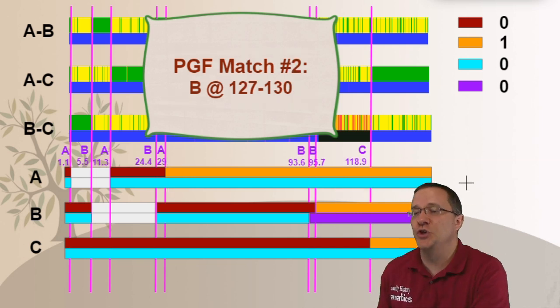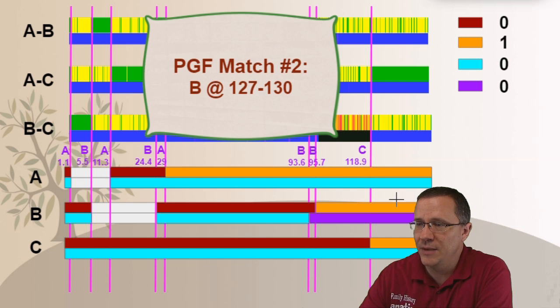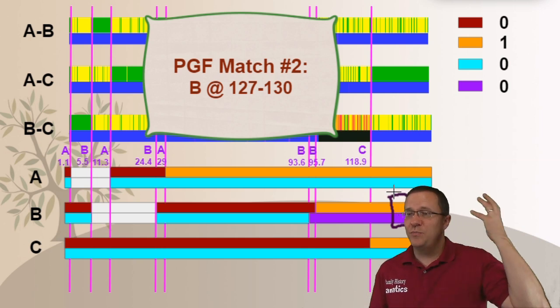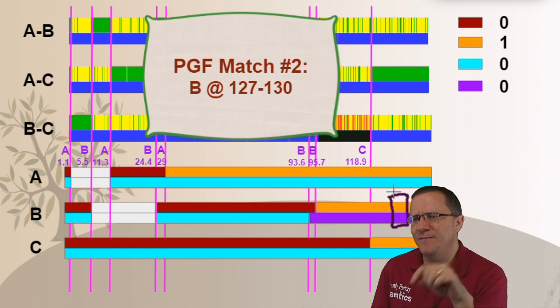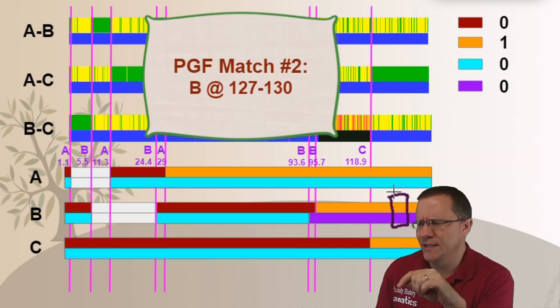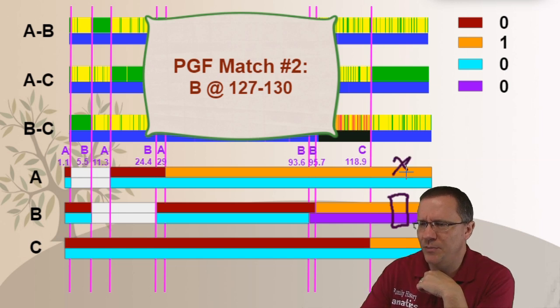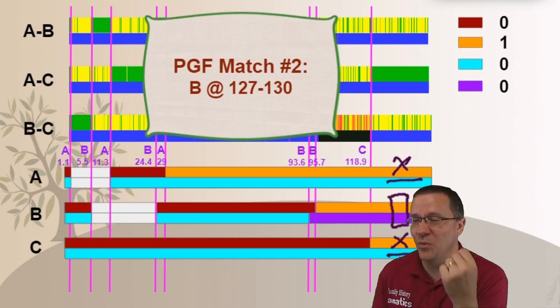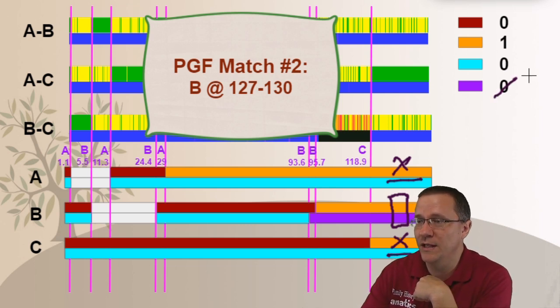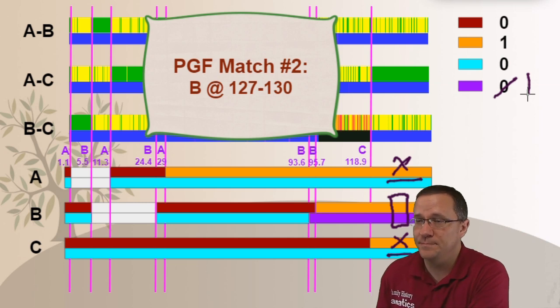Next, let me do match number 2. Now you can see on match number 2, it matches between 127 to 130, which is going to be right in here. Now you might say, well, this could be purple or orange, except that there's a problem here. Because if my paternal grandfather was orange in this case, then he'd have to match up here and he'd also have to match down there. If he was purple, he wouldn't match there and he wouldn't match there because they're blue. So this is really a point for purple. So I'm going to go over here and give 1 point for purple.